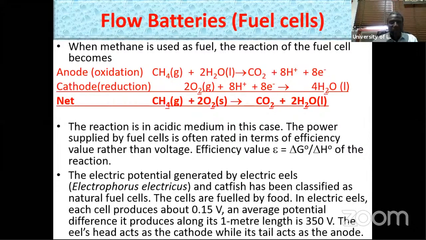And normally, you don't measure this one in terms of potential. You measure this one in terms of efficiency. And the efficiency normally has to do with the delta G of the reaction over delta H of the reaction. So when you are dealing with fuel cells, you are talking in terms of delta G over